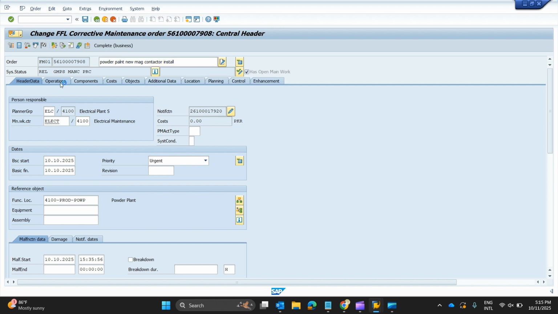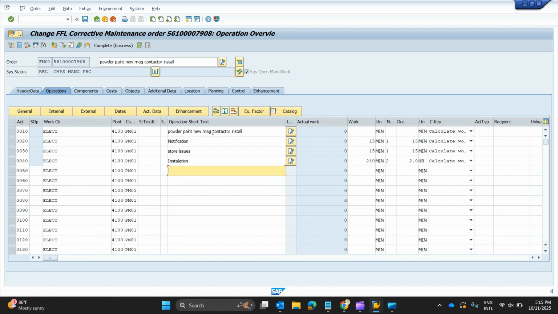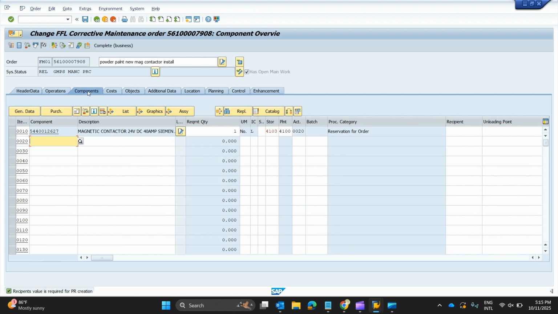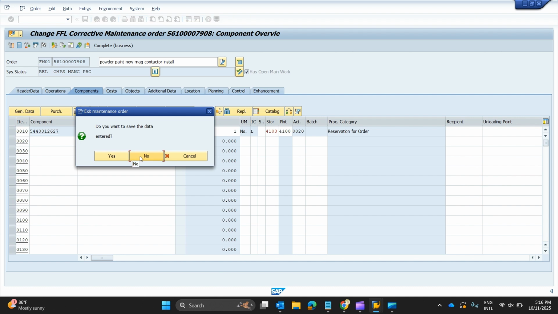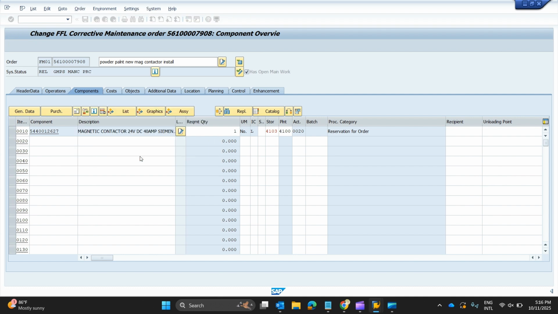And when you come into operations, the line items will be written here, what is the activity: new magnetic contactor install, notification, store issuance, and installation. So these are the operations. In components, you can see the spare part that is issued through this maintenance order, that is 54400122627 magnetic contactor, 24-volt DC, 40 ampere Siemens, and the quantity is 1. So you can see that this is the maintenance order that we are looking at. When asked if you want to save data, no, and then we will go back to our main window, which is this list